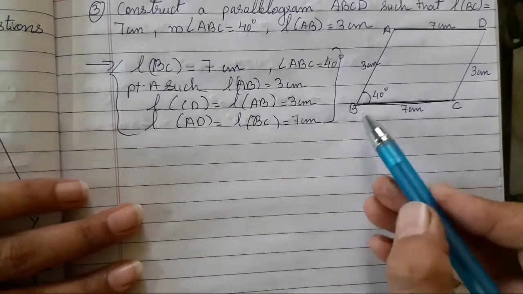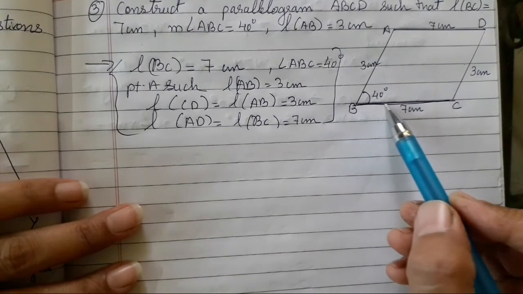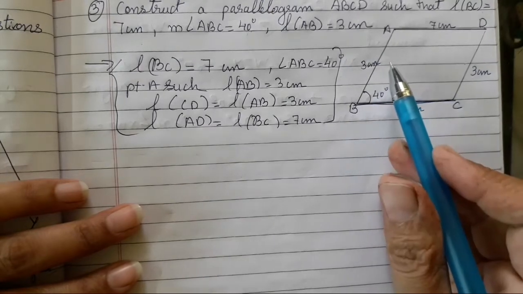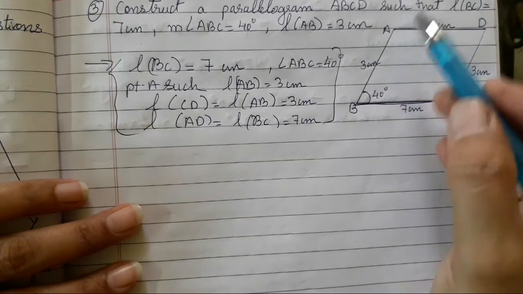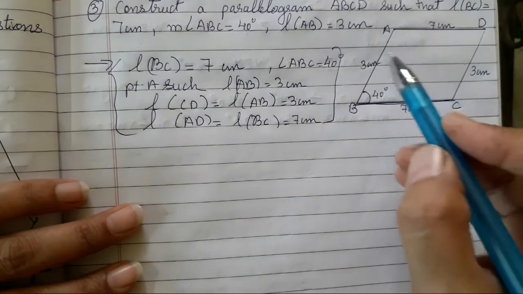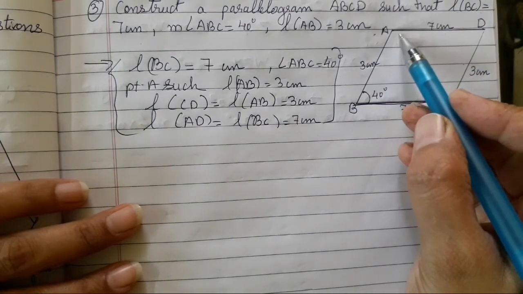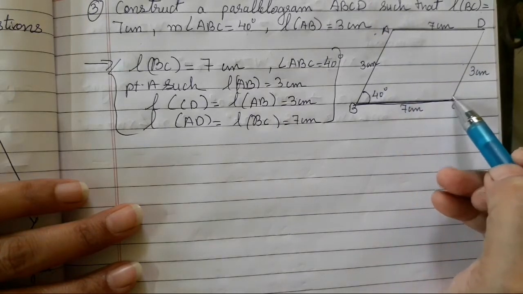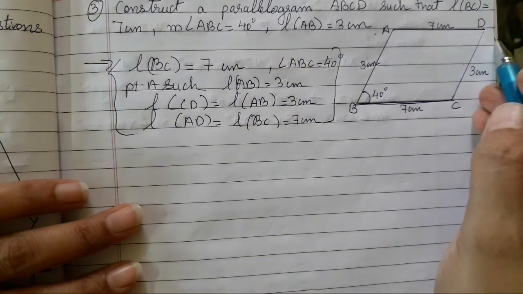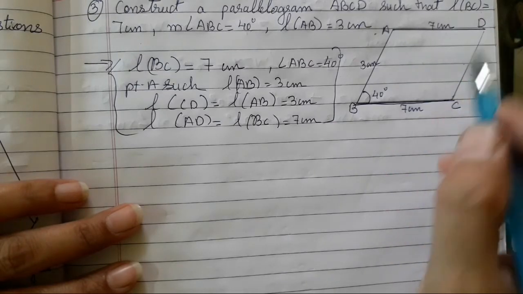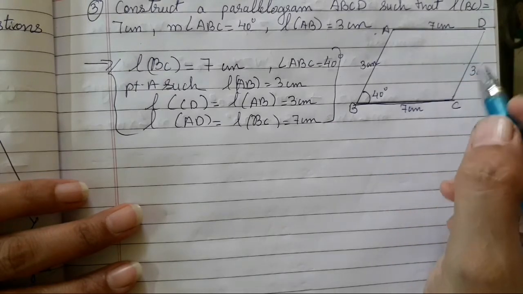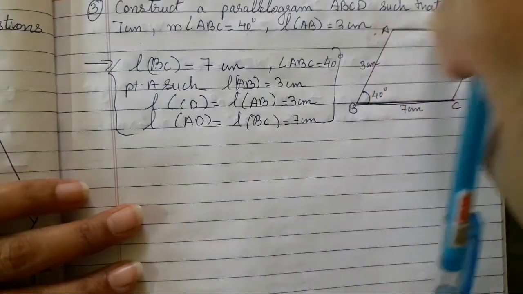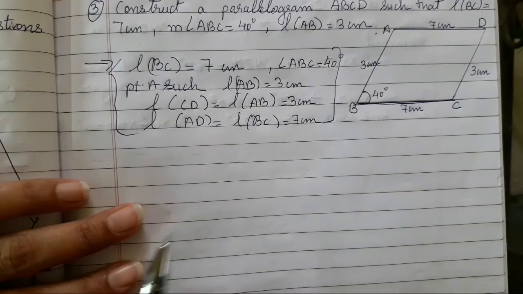So first I will just give a brief explanation. First we will draw 7 centimeter, then take 40 degree angle. Okay, draw this bigger line, mark 3 centimeter on your rounder, put an arc over here, you will get one point over here. Okay, from this point you have to take 3 centimeter, put an arc over here. Okay, now that you have got 3 centimeter from here also, take 7 centimeter on your rounder, keep an arc over here and draw 7 centimeter. Okay, is it clear to y'all?